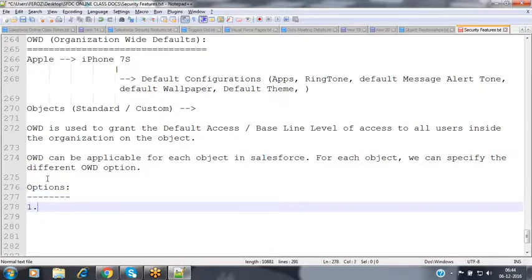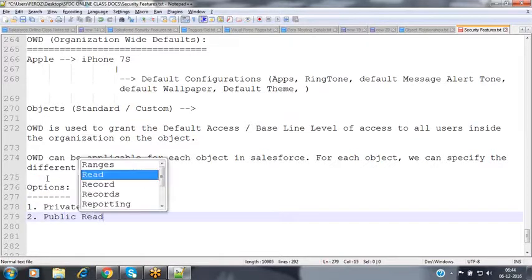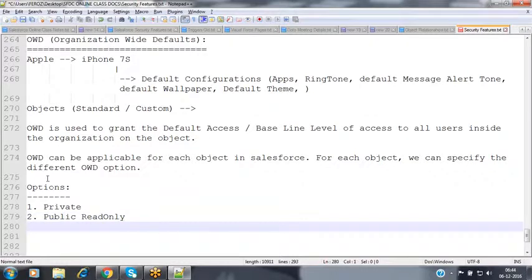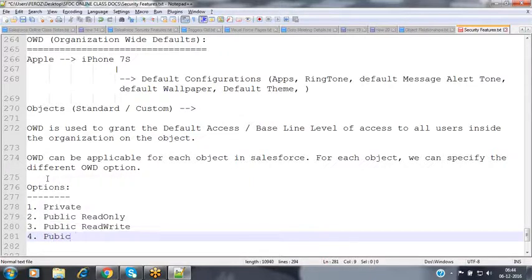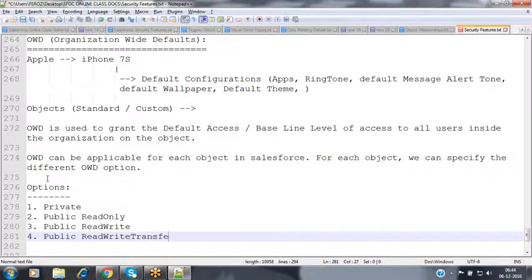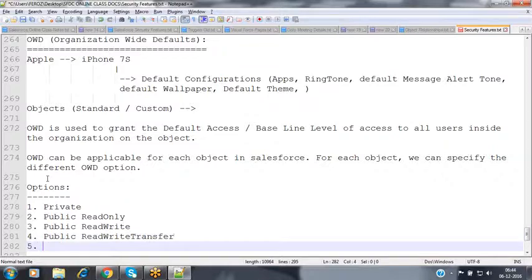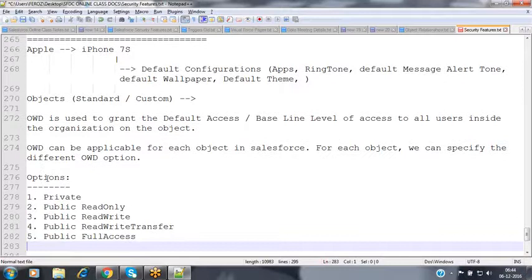The first one is private. The second one is public read only. The third one is public read write. The fourth one is public read write transfer. The fifth one is public full access.